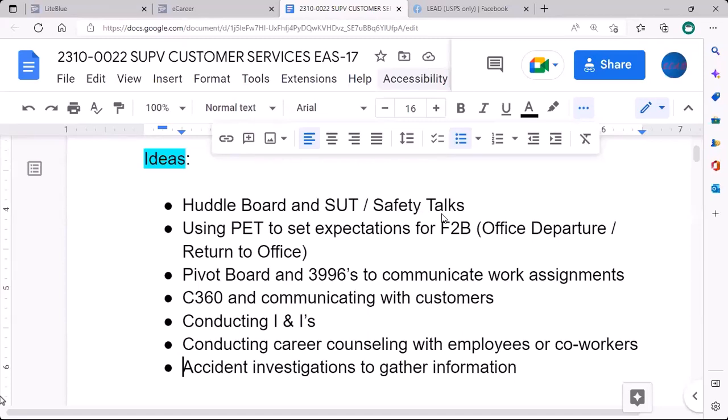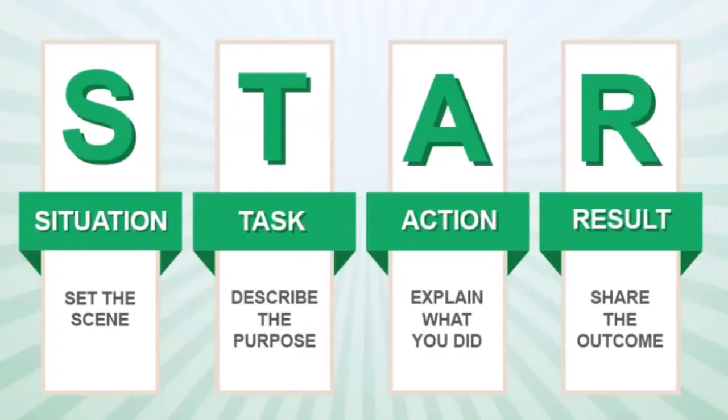My opinion is try to keep them simple. Very good question. Now that we covered the STAR format, I want to talk about, you know how I said